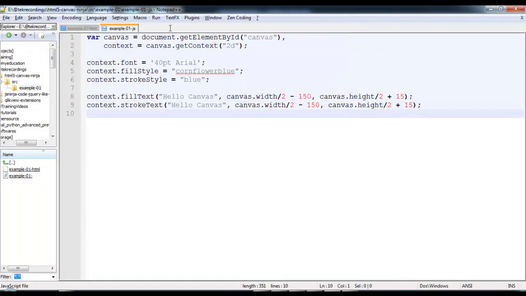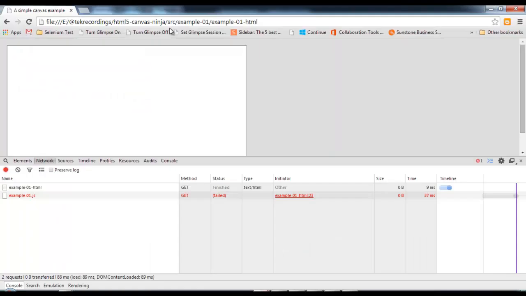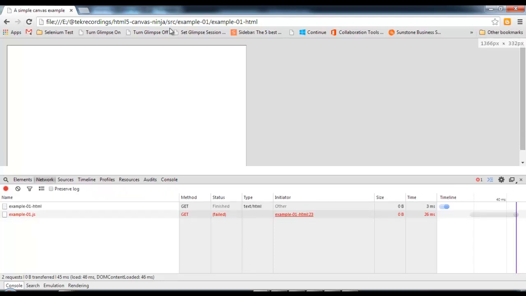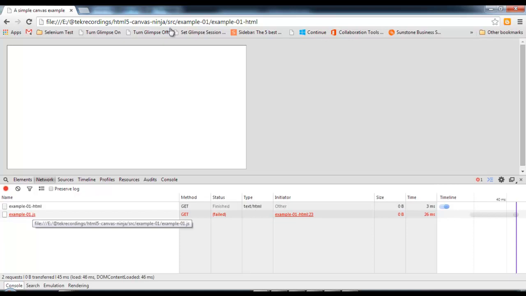When this is done, save the file and then reload the browser. Watch out for any errors in the debugging console. In our case, I think we have misspelled the name of the JavaScript file. I'll quickly rectify this and then reload the browser again.